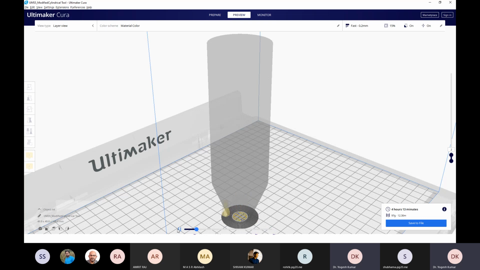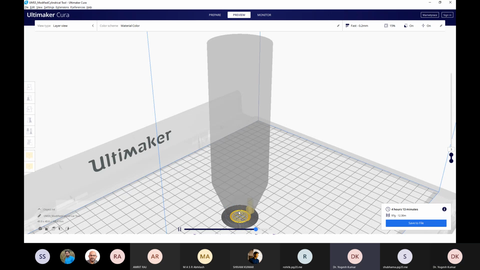As soon as your first layer got printed, this tool shifted to the second layer, and the solidified portion has been shown with black color. The black color shows your solidified layer. Because your initial shape is somewhat tapered, only this portion is getting printed.